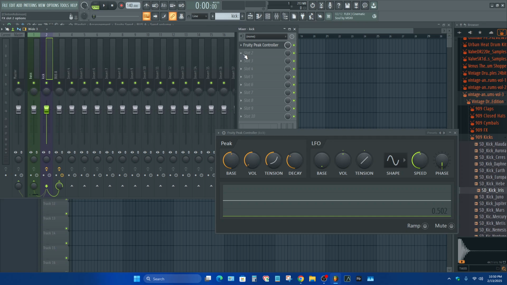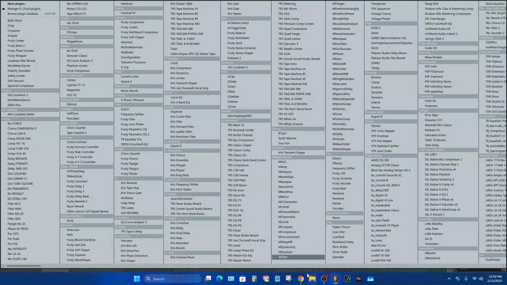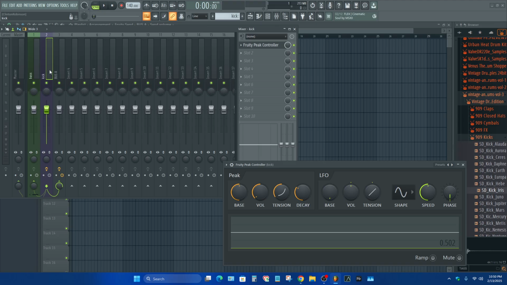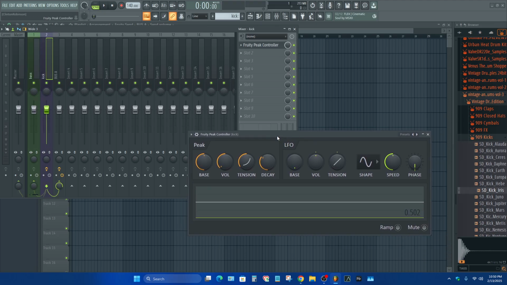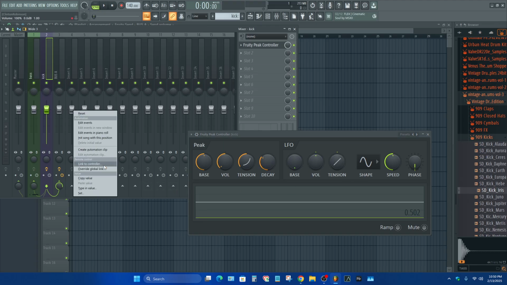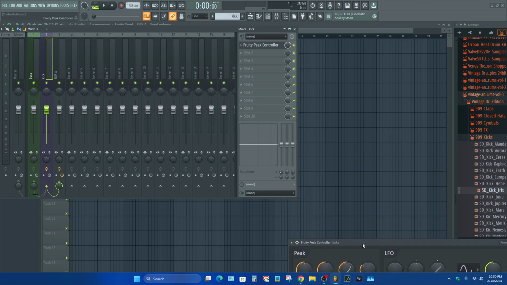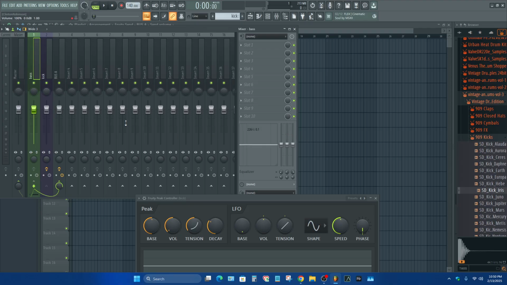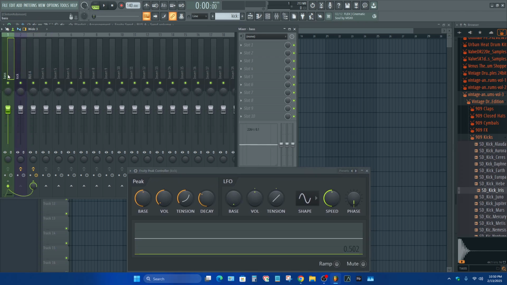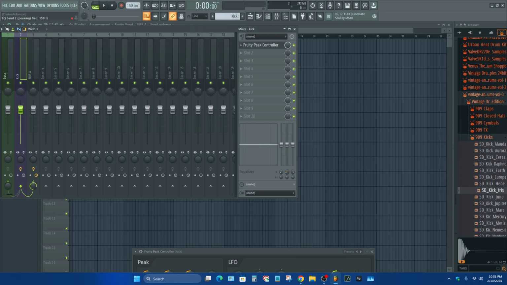Now you can just have ducking presets on Gross Beat and Fruity Love Filter and stuff like that. But I just do it like this because then you can link any controller to the same sidechain and it's going to do the same thing. So if I link the mid frequency volume slider here on the bass, that means I have the frequency right here. I can just move or even automate the frequency knob here to move down low for whenever the kick hits,